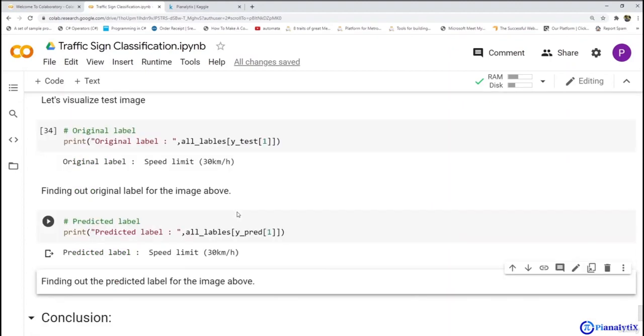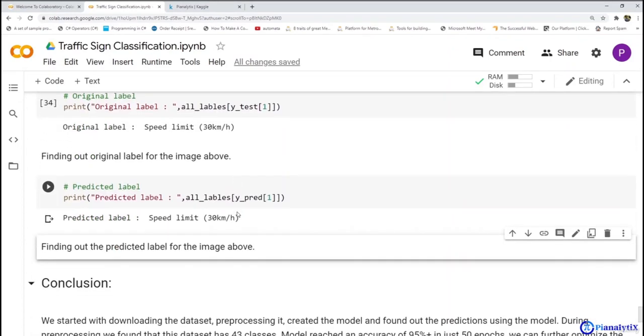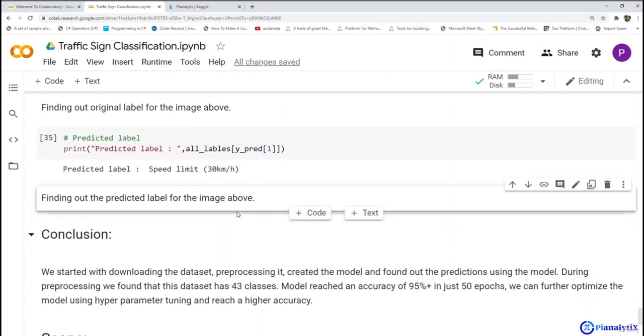So with this, we came to an end of this project. To conclude, we can say that we started with downloading the dataset. We pre-processed it. In pre-processing, we saw how we can convert the data into a NumPy array and normalize it by dividing it by 255. After that, we created the model. We applied different layers, Conv2D layers and MaxPooling2D layers. You can change those layers according to your needs. After that, we made some predictions on this model, and we found that the predictions we made are